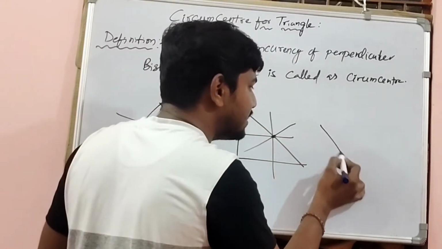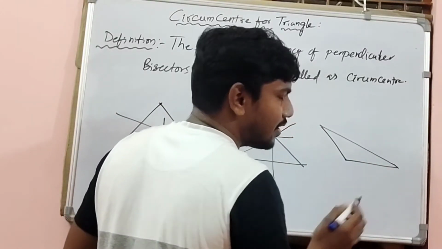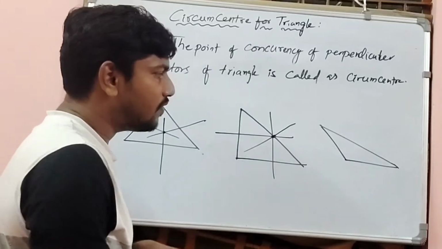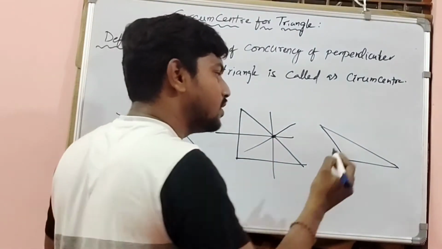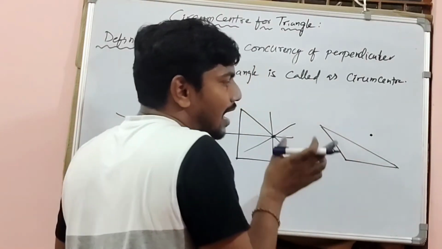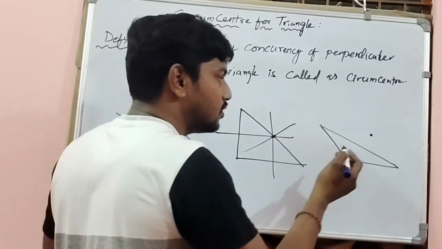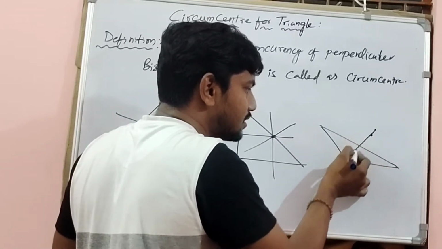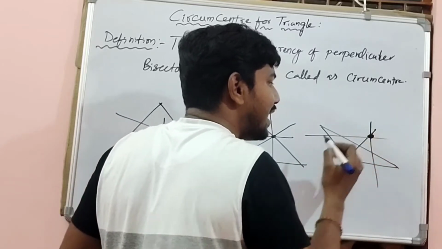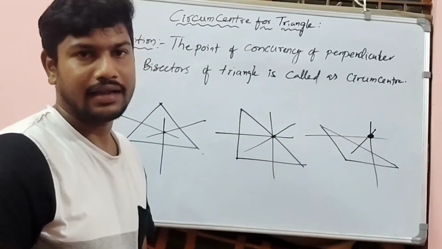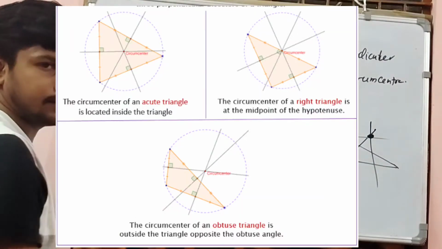Next, if the triangle is an obtuse angle triangle, we know very well that in an obtuse angle triangle one angle will be greater than 90. So for this obtuse angle triangle, where does the circumcenter lie? It will be outside of the triangle, and remember it will always be outside, beyond the longest side. The perpendicular bisector for this side is like this, and for this side and for this side. So it will always lie outside of the triangle for an obtuse angle triangle. This is indicated with capital S.